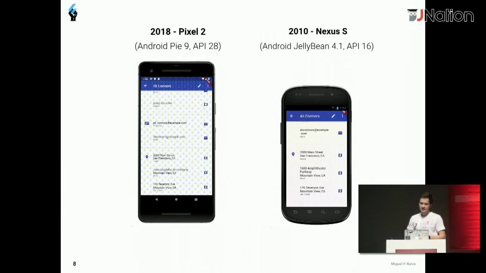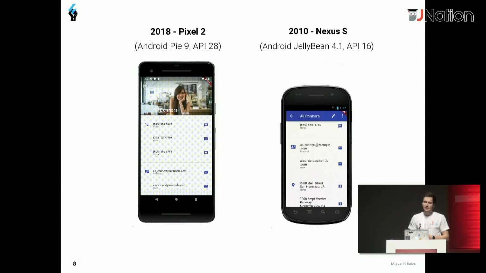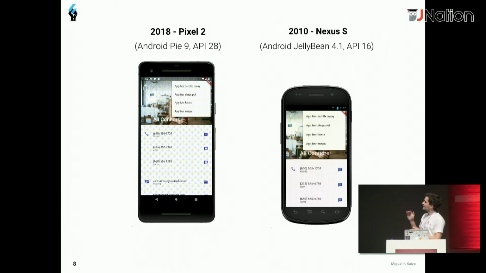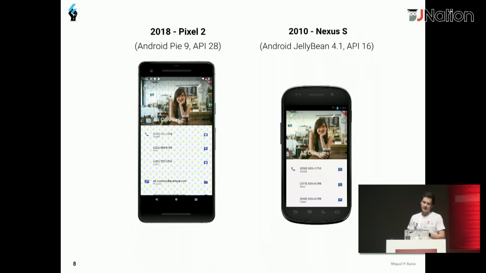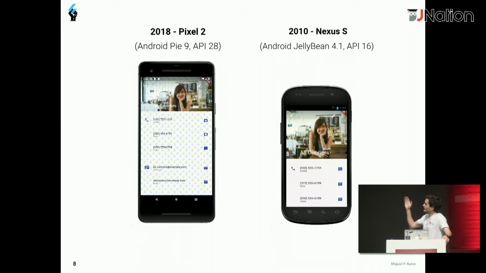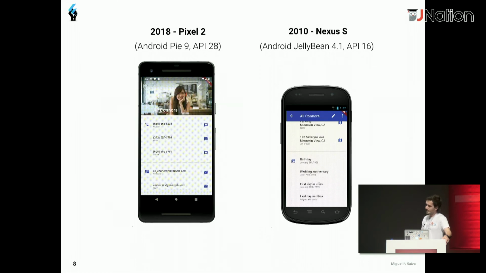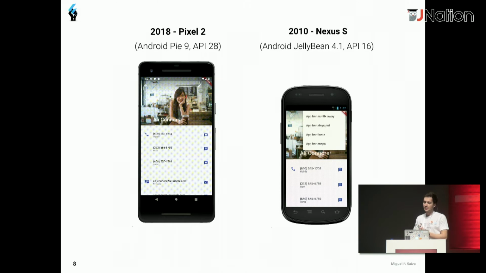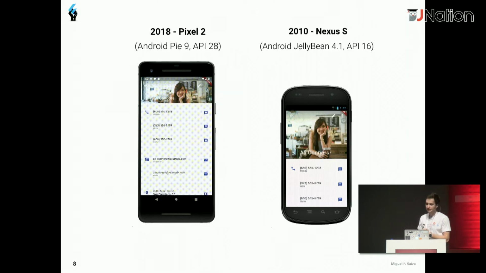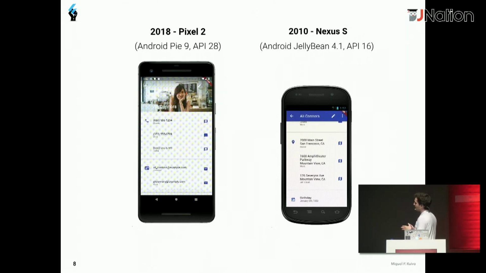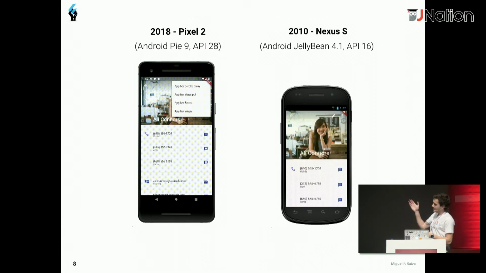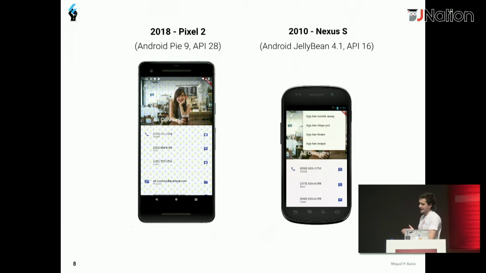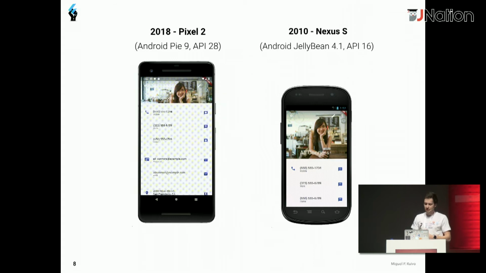Here, you are free to create UIs that can be the same across all API versions. On the left, we have a Pixel 2 device, which is running API 28. And on the right, we have a Nexus S, which is running API 16, the lowest supported by Flutter. Those devices are 8 years apart from each other. So you can see here that they are running exactly the same app, and you don't need to worry